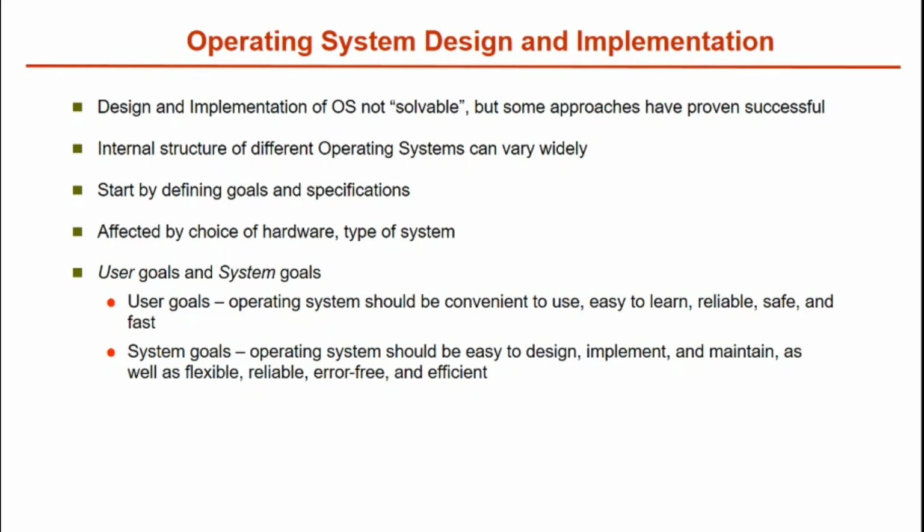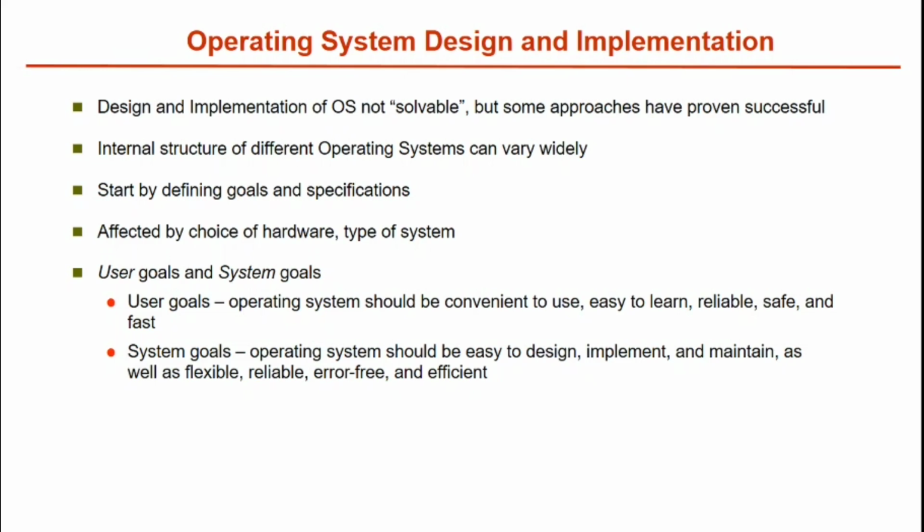At the highest design level, the requirements must be specified. Requirements can be divided into two basic types, which, as we saw, are the system goals and the user goals. In short, there is no unique solution to the problem of defining the requirements of an operating system. There is a wide range of systems in existence, so different requirements can result in very different solutions. For example, a large multi-user, multi-access operating system for IBM mainframes must be suitable for those users. So specifying and designing an operating system is a highly creative task.